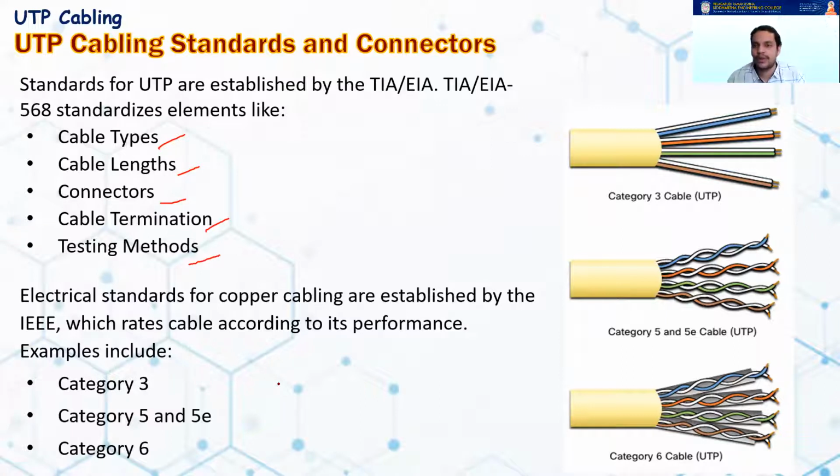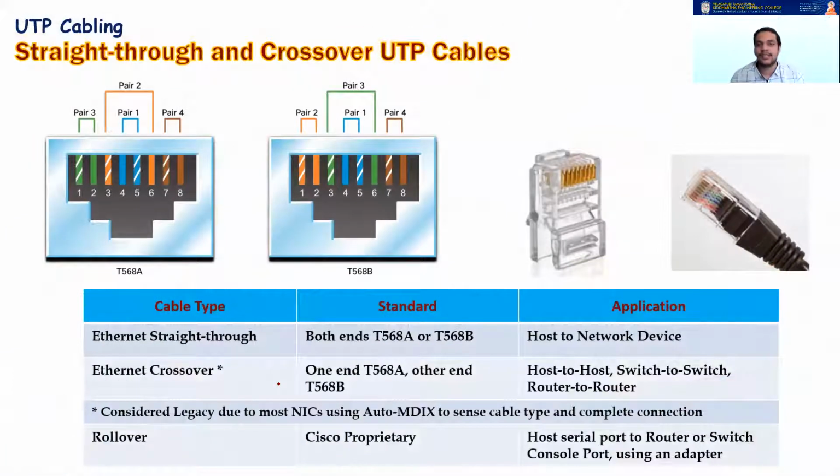Category 6 is the currently used one, which supports even gigabit ethernets, carrying up to Gbps speeds. Category 3 is no longer used; it has become obsolete now. In some installations we still find category 5E and category 6, and where you need even more bandwidth and a sturdier cable, you can go for category 7 or 8. This is why the wires are color coded. If you can see here, there are 3 different types of cables that we use. Even in Packet Tracer, in the videos I showed you, at the bottom you see a straight through and a crossover cable.